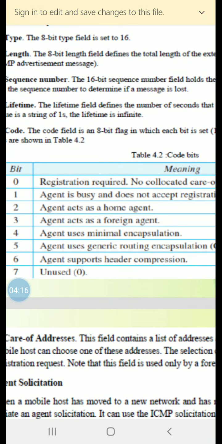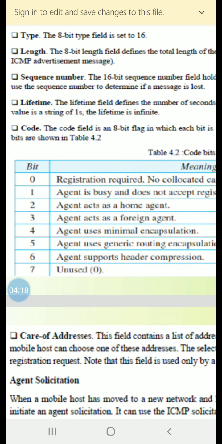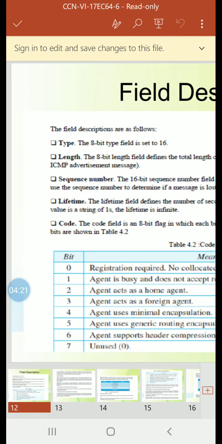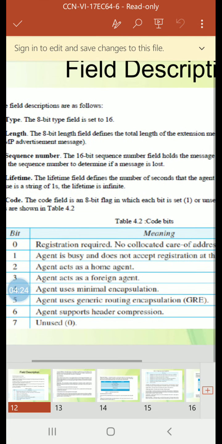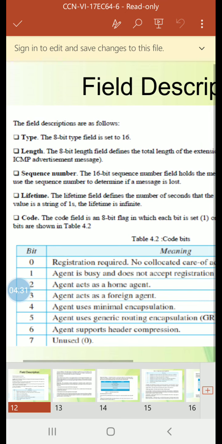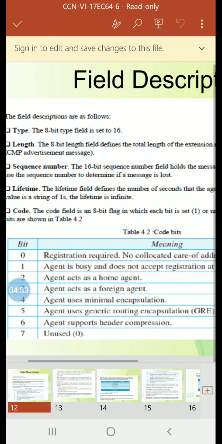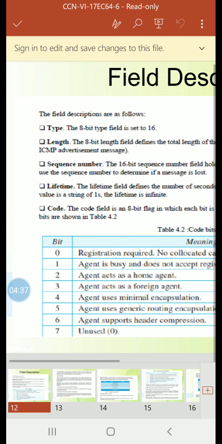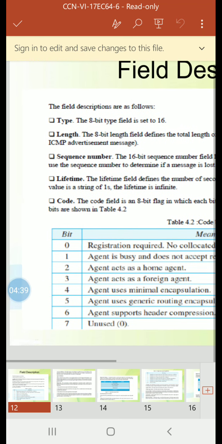Code bits. If bit 0 is 0, it indicates registration required, no collocated care of address. If bit 0 is 1, the agent is busy and does not accept registration at this moment. Bit 2: agent acts as a home agent.